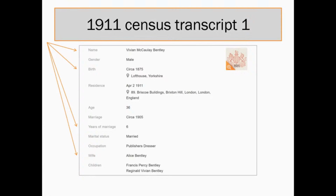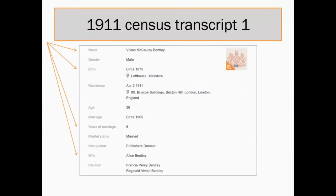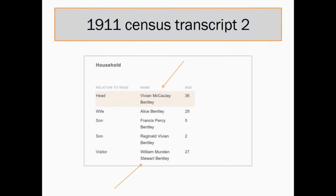There's the age from which that birth was calculated. And this is really important. It's showing years of marriage, 6, his occupation, the wife and children, as I've said. Right. Now, if we move down the page to the second part of that transcript,